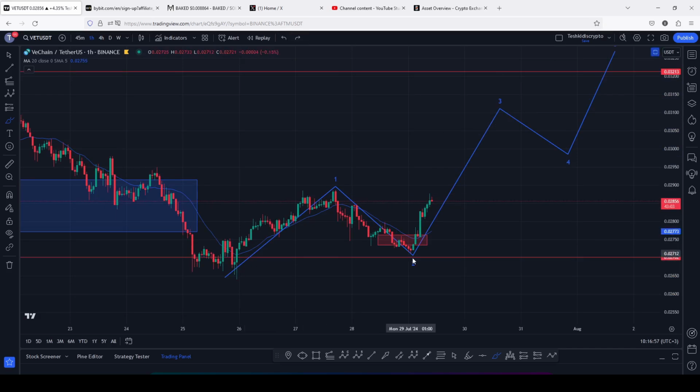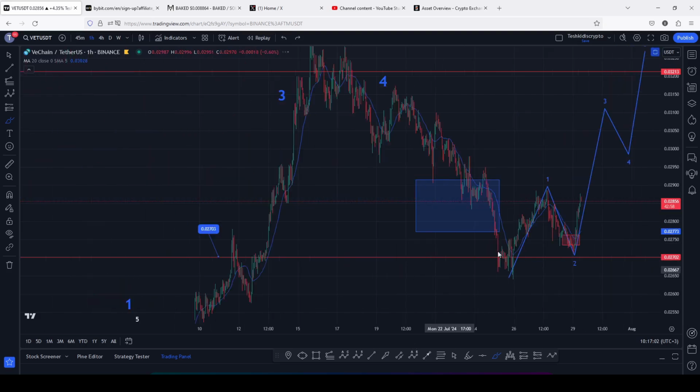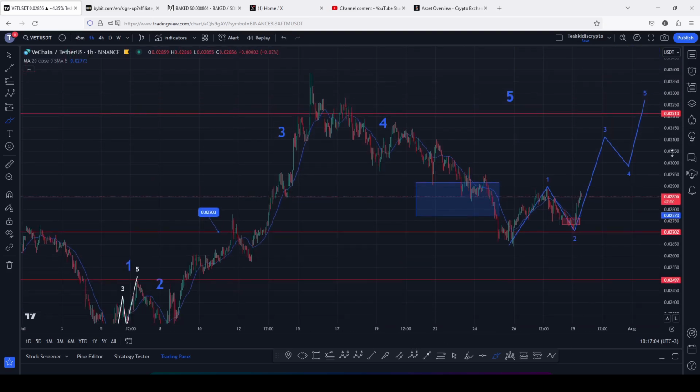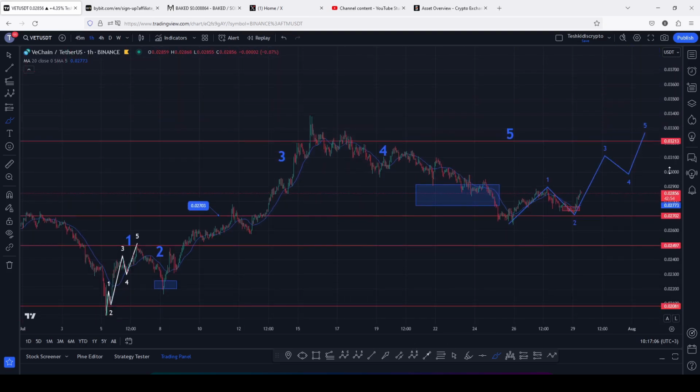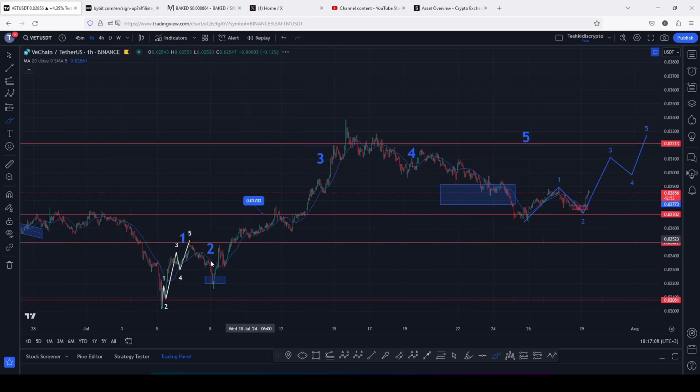And remember that this Elliott wave structure that I have here on the charts in blue is just a micro Elliott wave count within an even larger Elliott wave count 5, which I have been tracking here on the charts. And this is all based on an Elliott wave structure that I started to track on the 5th of July, when we saw a massive breakdown move over here, where you can all see that we saw a very nice bounce to the upside, where we first peaked in an Elliott wave count 1, then we saw a bit of a breakdown move in an Elliott wave count 2,